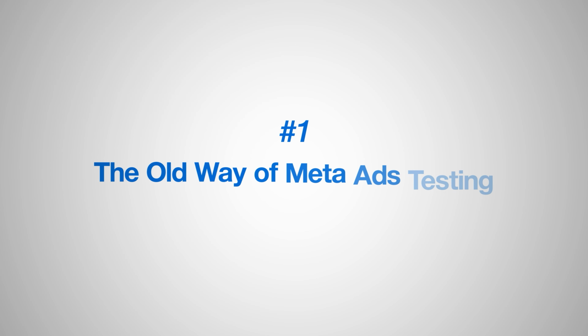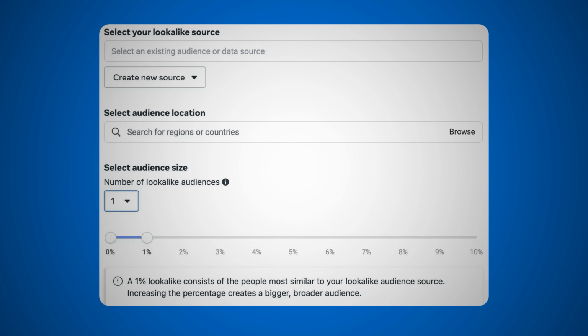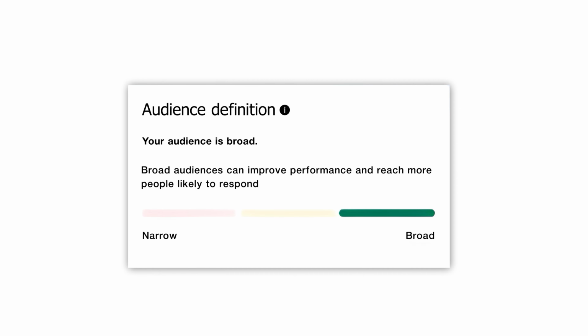The old way of testing was you would put in your interests, your lookalikes, all these things inside the ad set, and Facebook has really tried to move away from this and basically for you to give over the control and just use broad targeting. And this is what most people are doing now. They're not doing interests anymore. If you actually want to scale to the maximum possible, you do need to go broad targeting on your